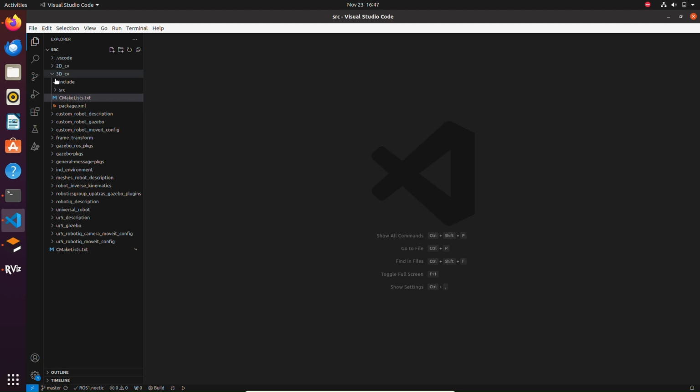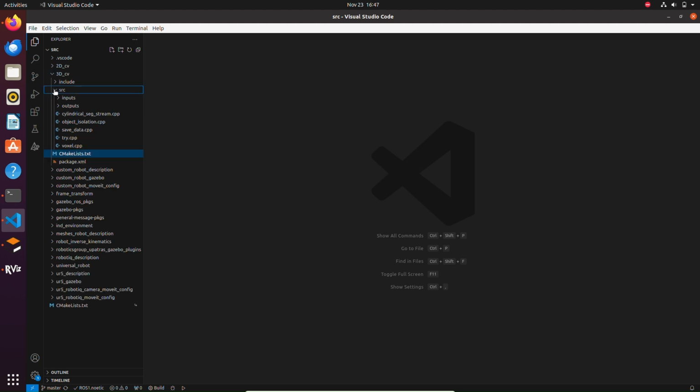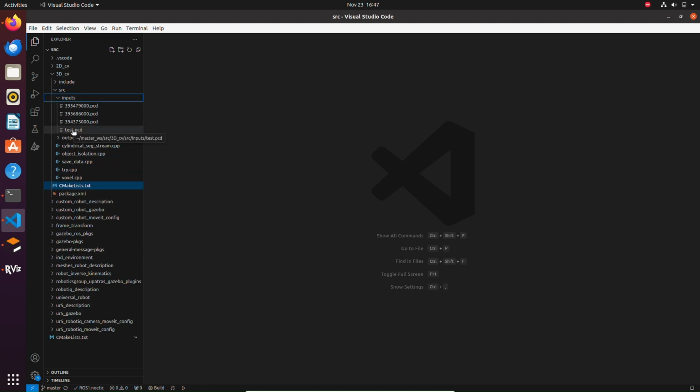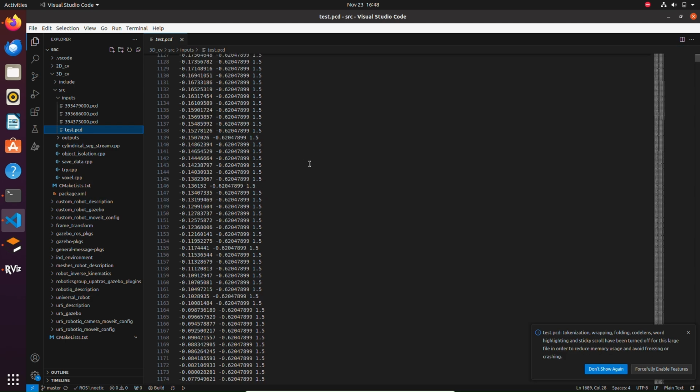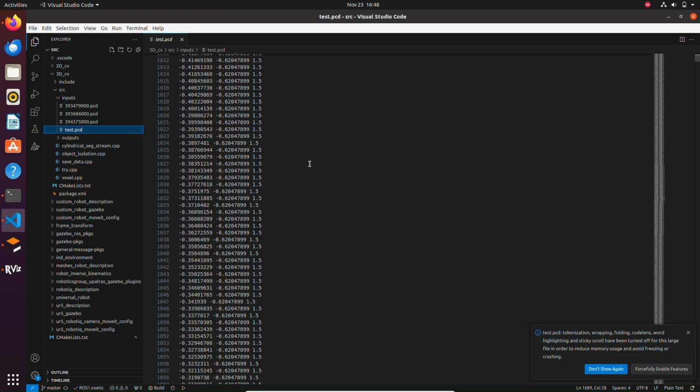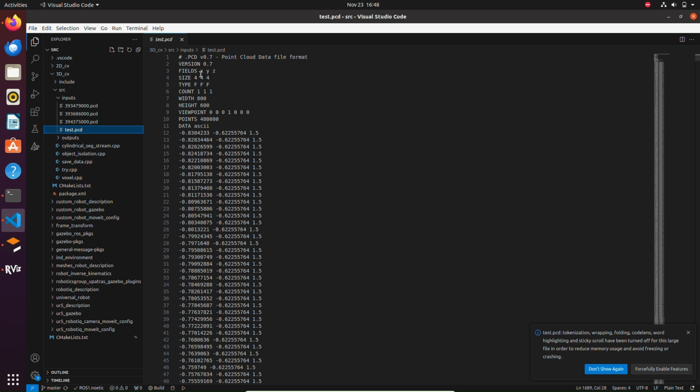So if you go to SRV, if you go to inputs, then I have set up this test PCD. This is a file that contains all the points that describe the 3D environment, and is exactly what the camera is publishing. If we go to the header of this file, we can see that the camera is able to publish